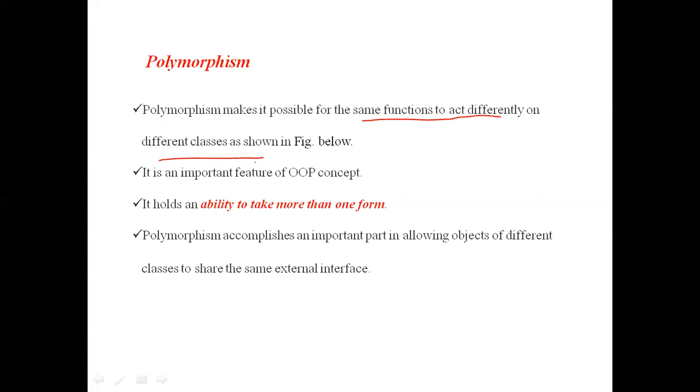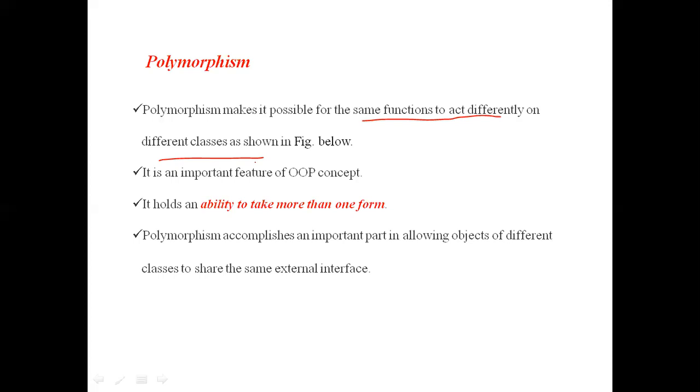Dynamic binding or runtime polymorphism is related to inheritance. It is possible only when we have inheritance. What is inheritance? The derived class gets the properties of the base class. While class B gets the properties of class A, we can use the same function name in class A as well as class B. That concept is called dynamic binding, runtime polymorphism, or late binding.